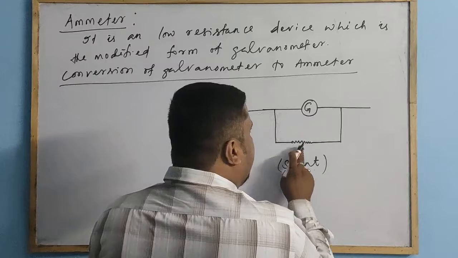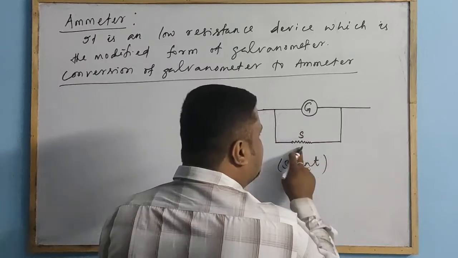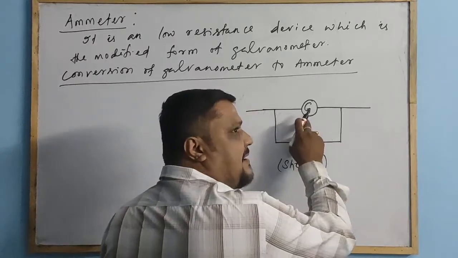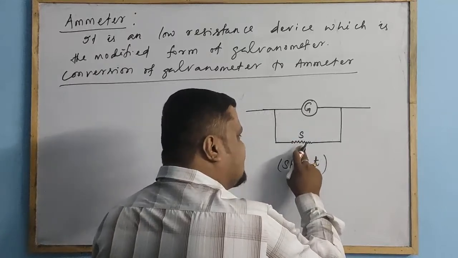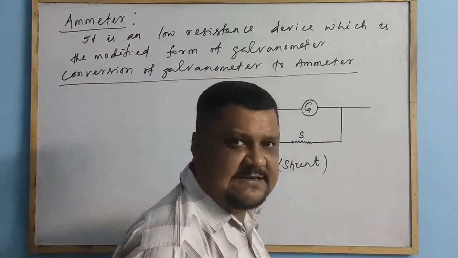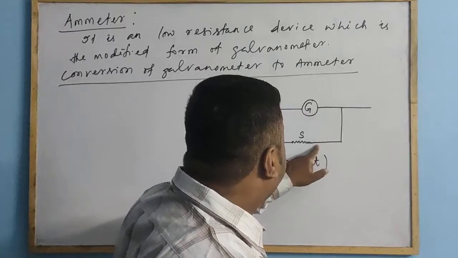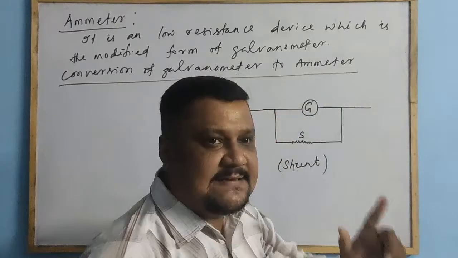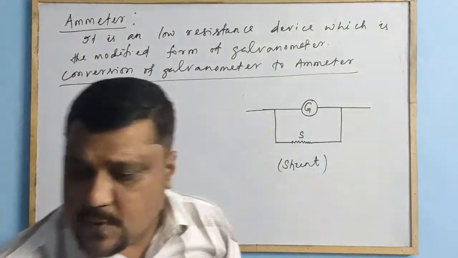I use a low resistance S, and G is the galvanometer. Then this works as an